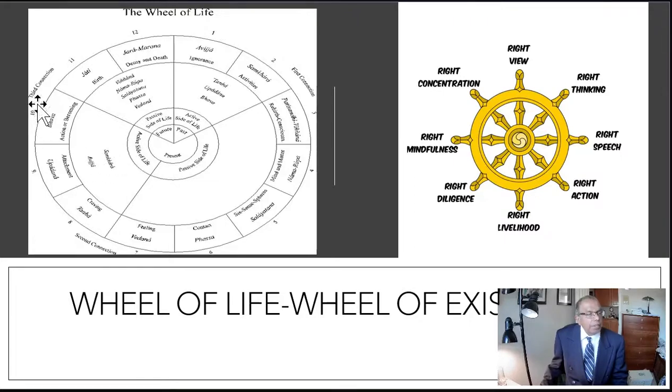And the samsaric journey, the continuous cycle, is taking place because there is no loss of the feeding back of images to the visual sensations while we are awake. Even if you close your eyes, there is feeding back of images coming in from our inner mind. Therefore, the cycle continues. To fight back that cycle, Buddha gave us a new way, the eightfold path, which I am going to come back to and explain how you can break this cycle.